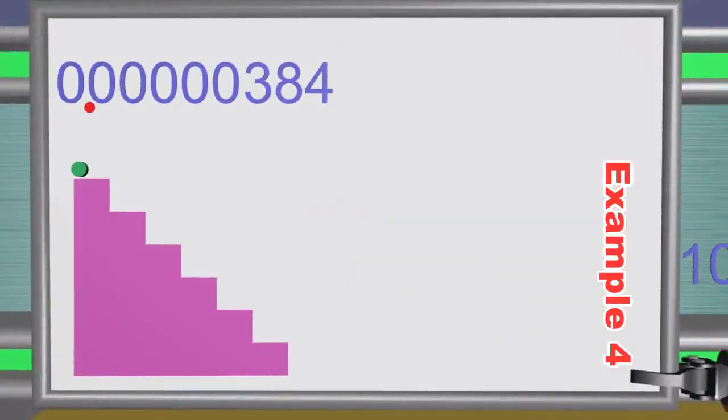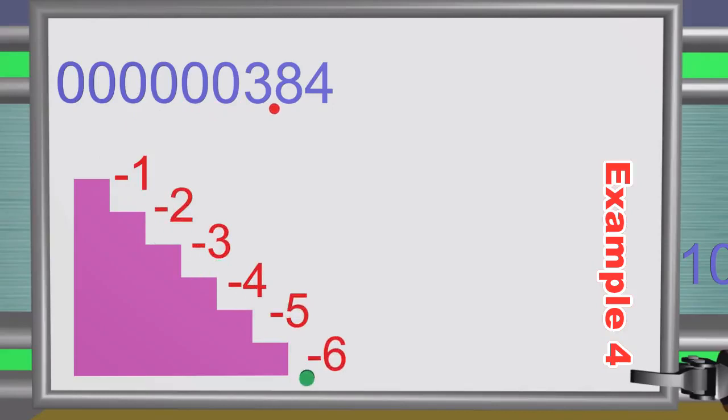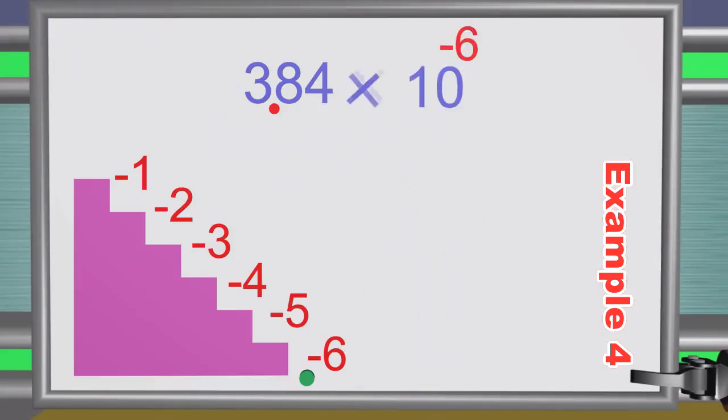Example 4. What should we do for numbers smaller than 1? Consider the following number. We have to move the decimal point to the right, to be just one digit before the decimal point. As we move to the right, we write the power of 10 as a negative number, that is, -6. Therefore we have